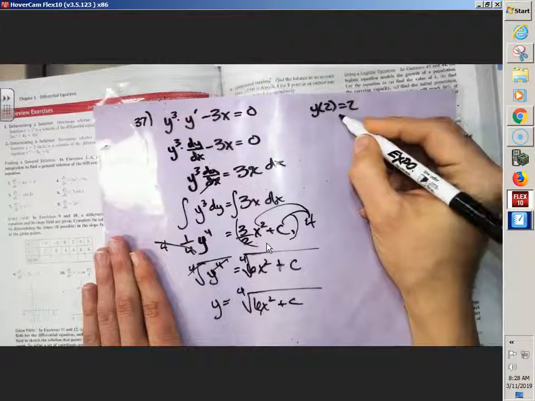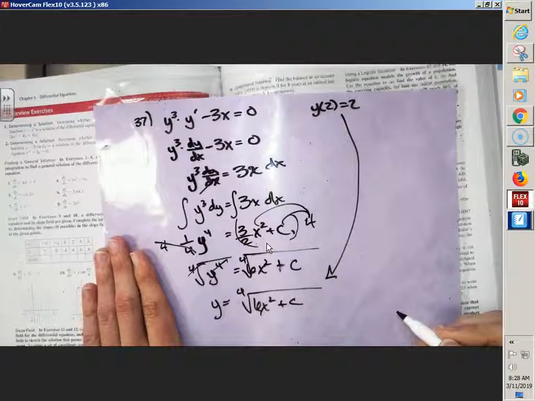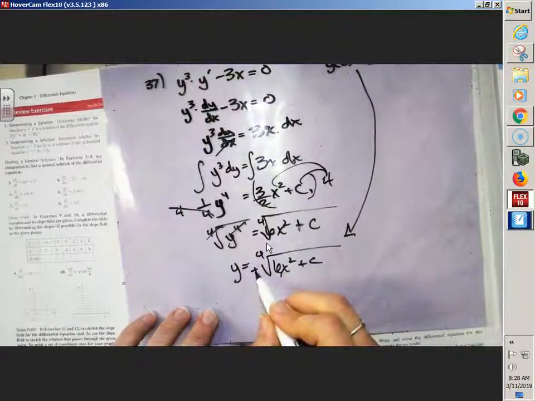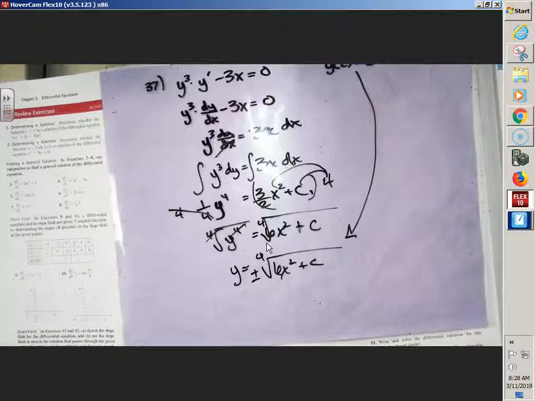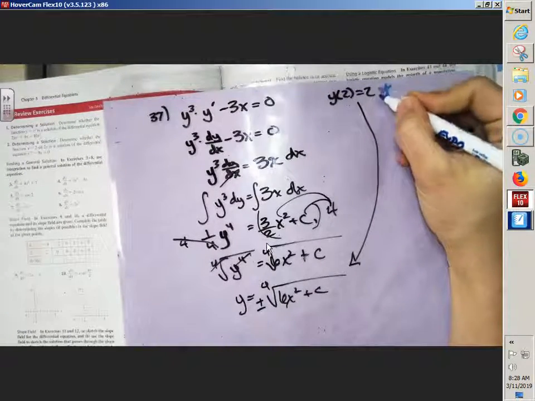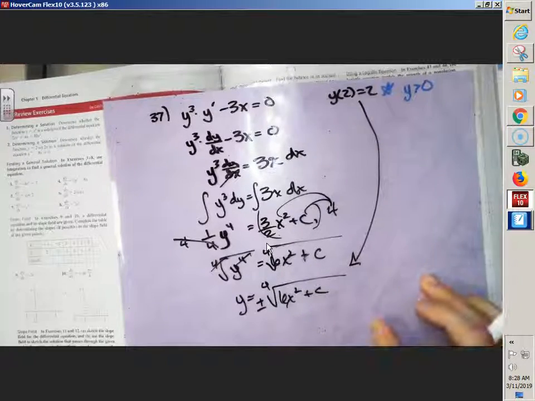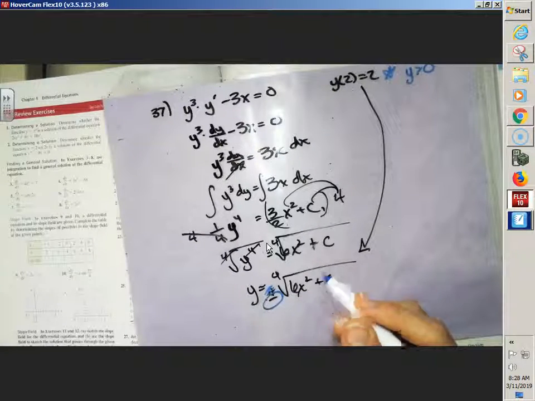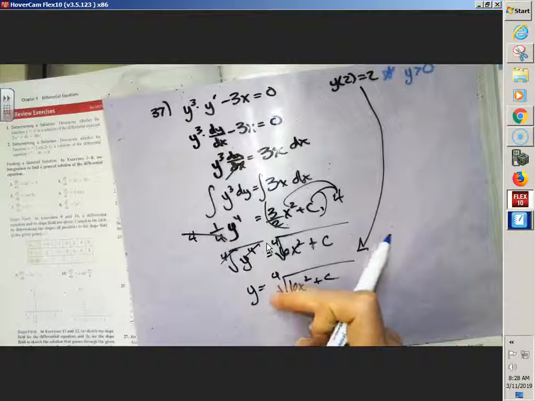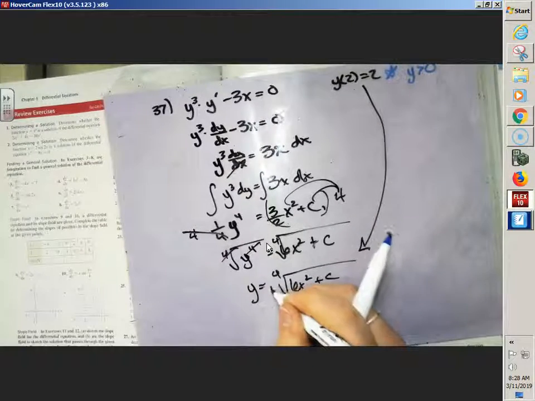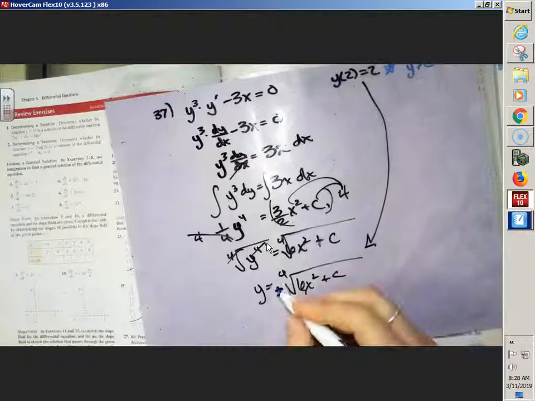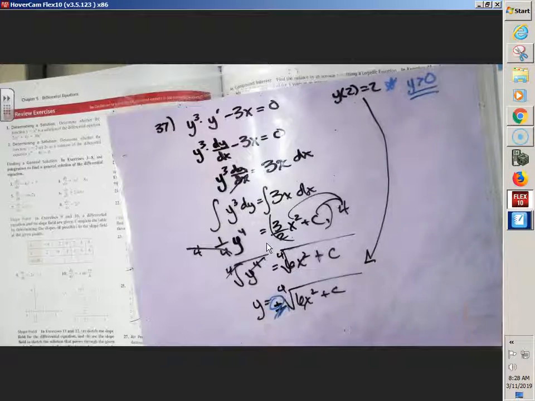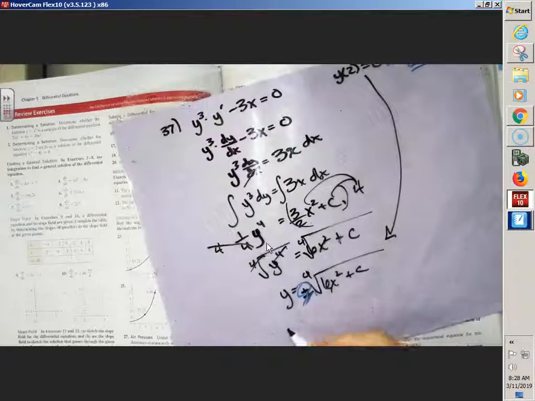Unlike the book, I decided to get y by itself, then I'm going to plug in. Now technically, when you do an even powered root, technically there should be a plus or minus, but why am I going to make a note of my clue and say y is greater than 0 and come down here and erase the positive and say, ooh, that doesn't make sense. What does y need to be, the positive or the negative square root? Positive. So unlike homework, I'm going to circle the positive and ignore the negative to make it legal for my clue. But after that, I plug in my clue and say y is 2 when